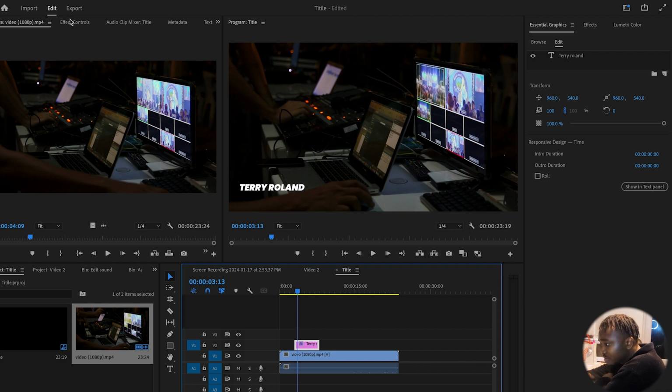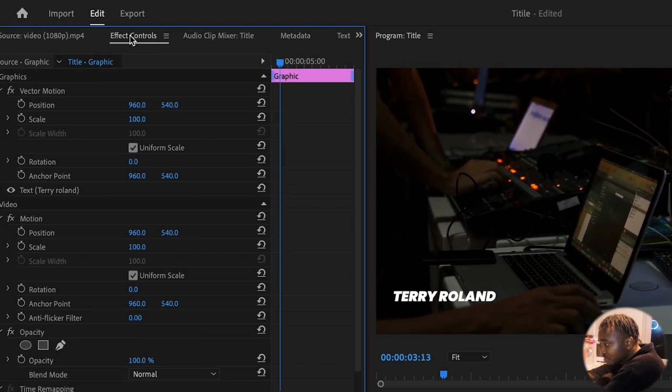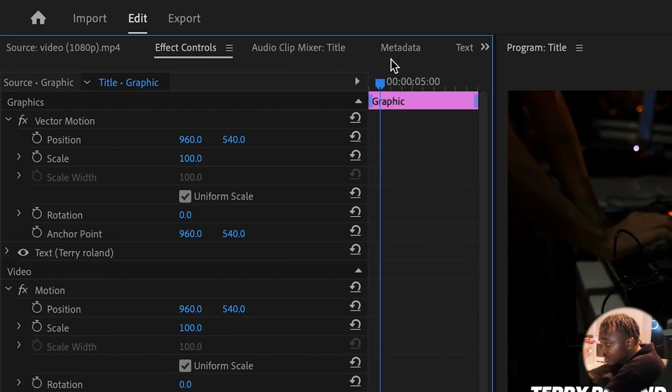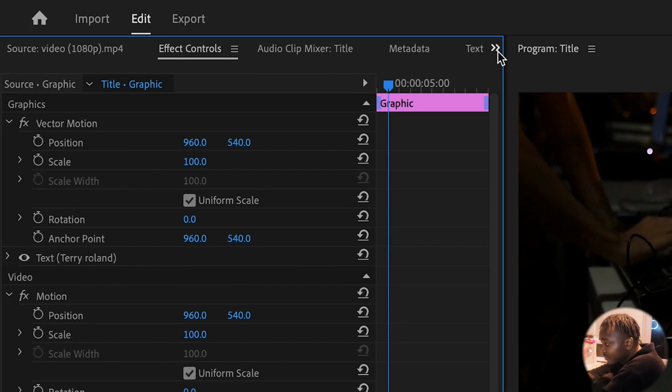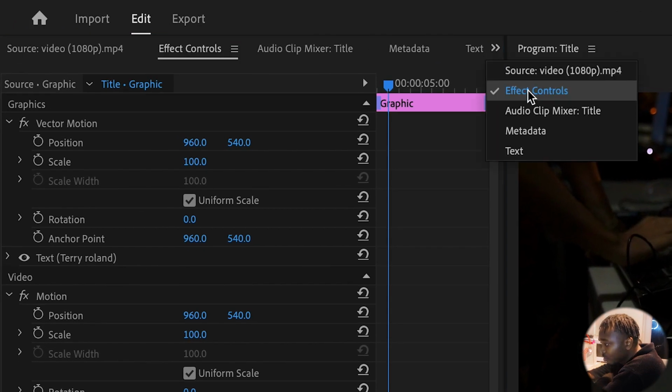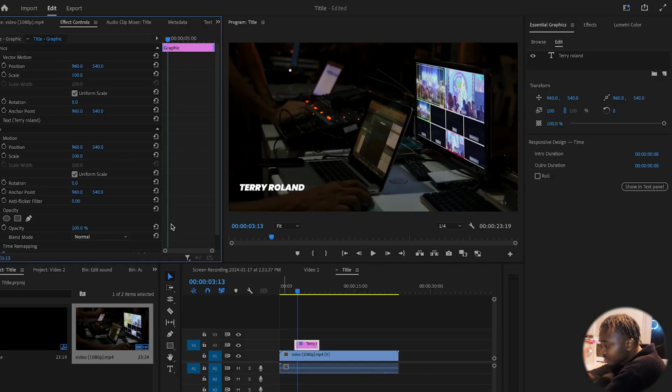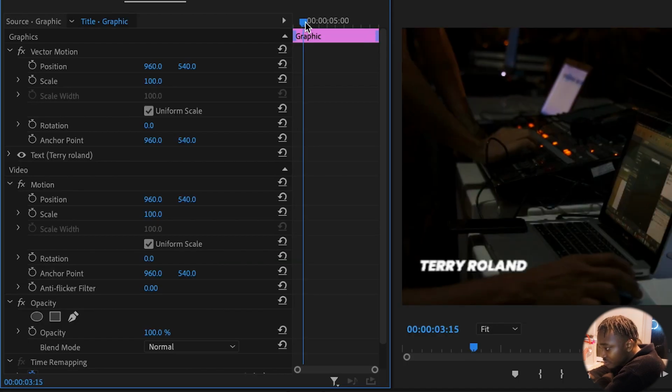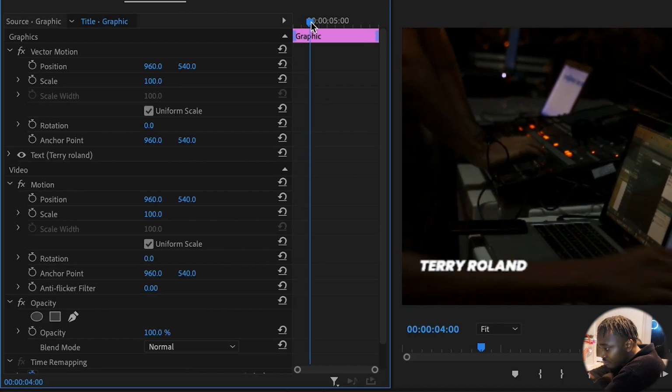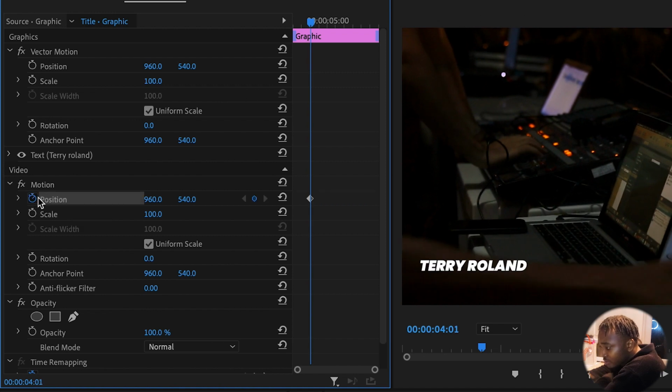then come to your effect controls panel. This is your effect controls panel, click on it. If you cannot find your effect controls panel, you can click on this forward tool, you can find your effect controls there. You click on it, come to motion, then in motion come to position. Carry this playhead here, take it to the front a little bit. Then click on the stopwatch icon,